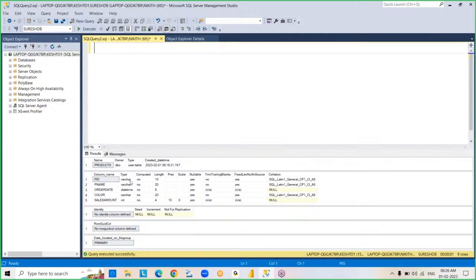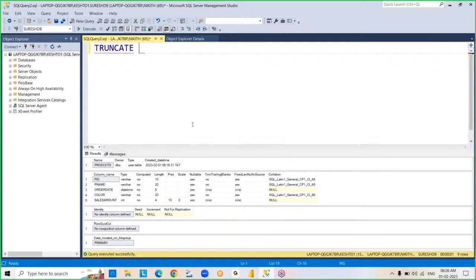So this is the way we alter a table. You create a table in the beginning. After that, you add new columns to the table, drop a column, and change the data type of a column. So you performed different types of operations. Right? And so now